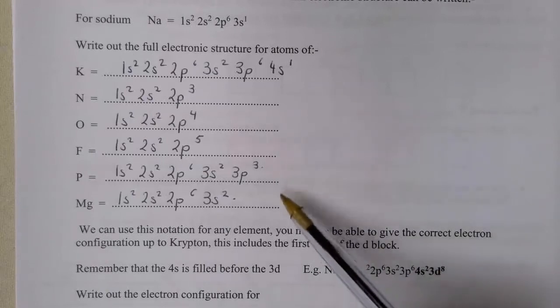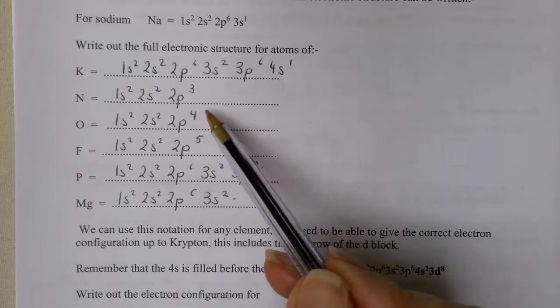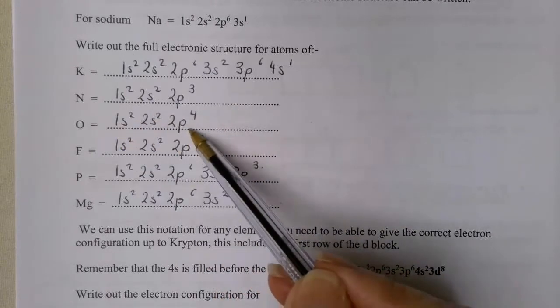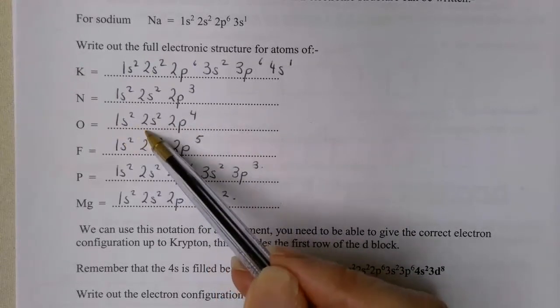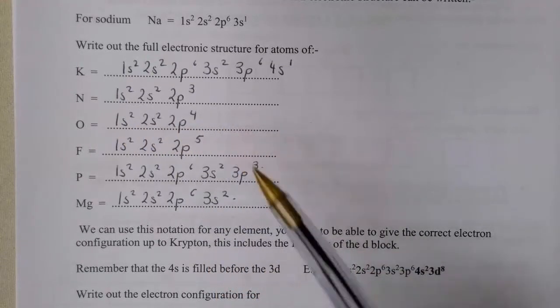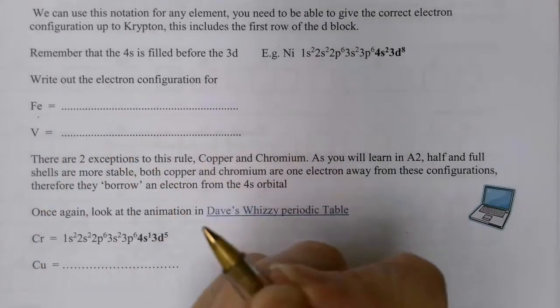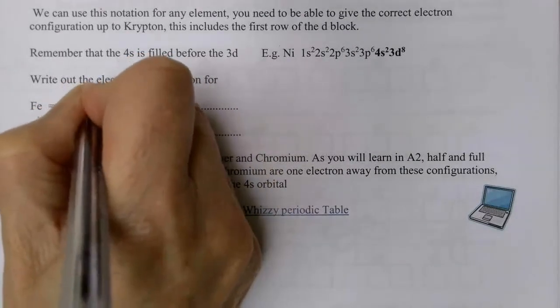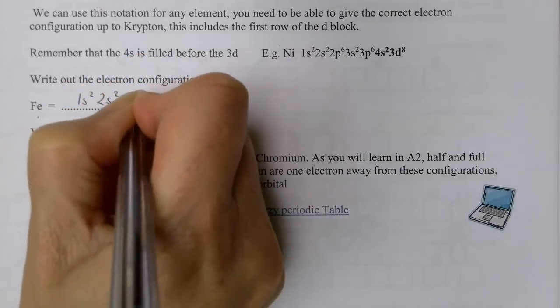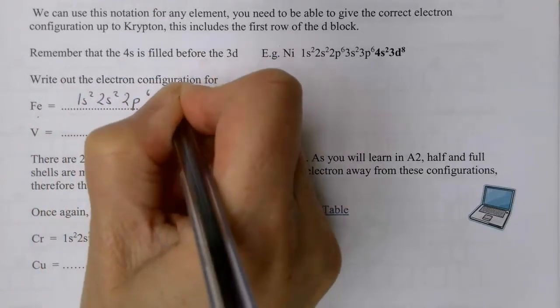So there we've written them out for you. Notice the order of the filling, 1s2, 2s2 and so on. So we can use these not only for the main block elements but also for the transition metal elements, or the d block elements. So for example, iron would have the electron configuration 1s2, 2s2, 2p6, 3s2,